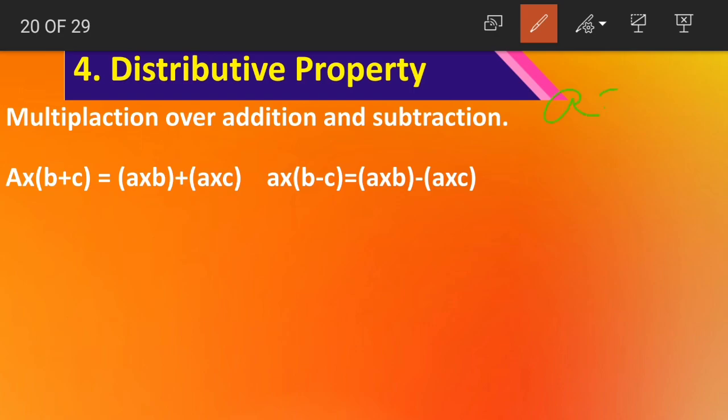Coming to subtraction, again a is equal to 2, b is equal to 3, c is equal to minus 1. Coming to the LHS, 2 into 3 minus, again c is also having a sign of its own. So we'll open the brackets. 3 minus bracket open minus 1. Minus into minus becomes what? Minus into minus becomes plus. 3 plus 1 becomes 4. 2 into 4 becomes 8. Understood? First we should solve the terms inside the brackets. Minus into minus plus, 3 plus 1 is 4, 2 4s are 8.